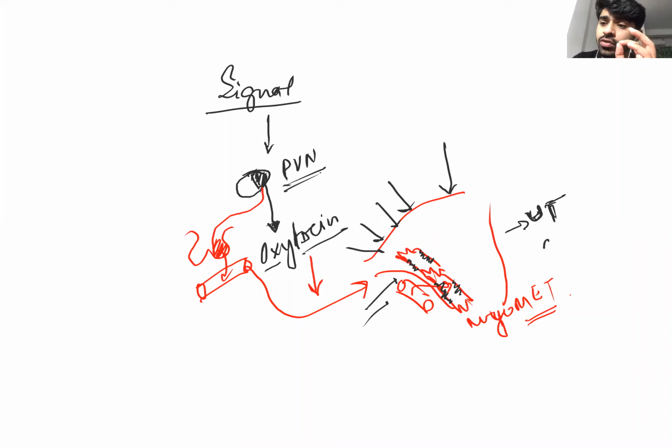One more MCQ which is written in NCERT, I will tell after some time. NCERT is asking: if a lady is unable to contract the uterus by the oxytocin hormone in her body, what will the doctors do? The doctors will inject artificial oxytocin hormone, which is sold under different brand names, which are not needed for you. But you have to remember oxytocin.